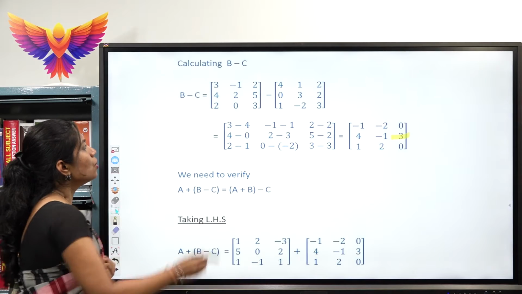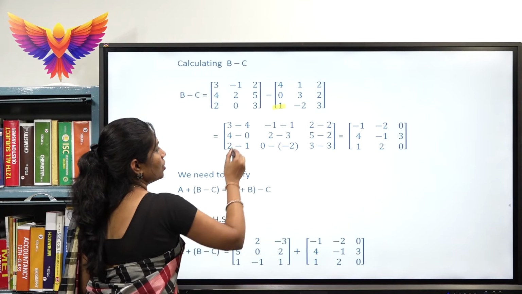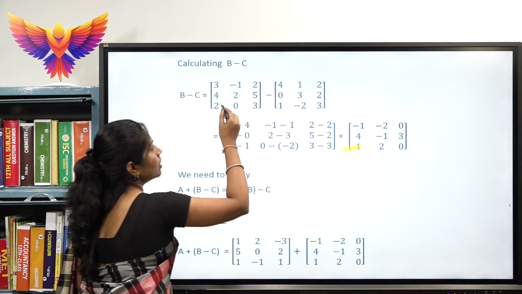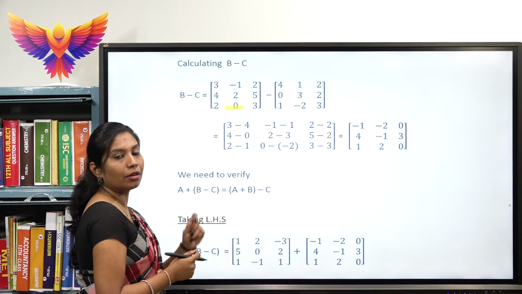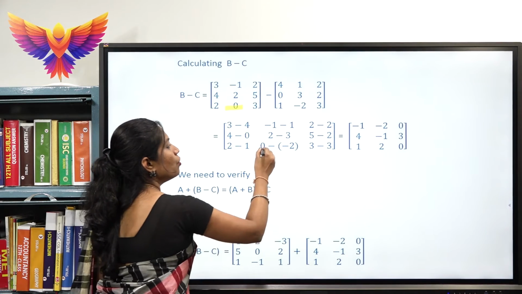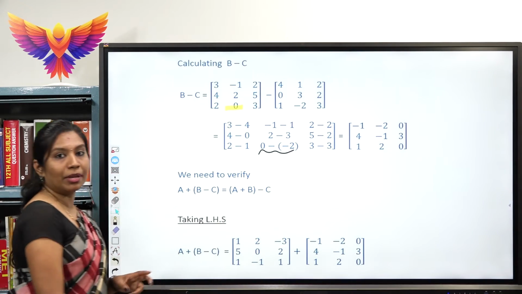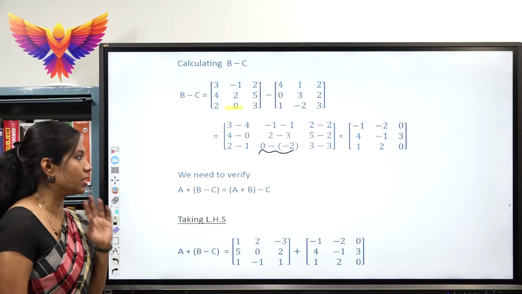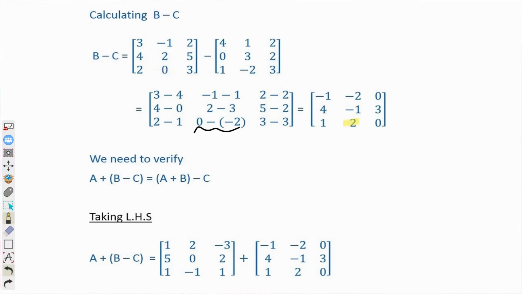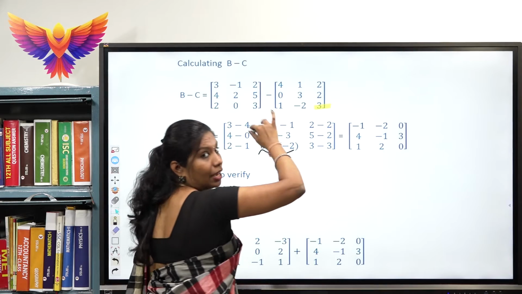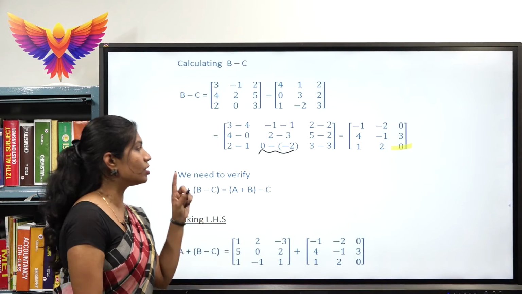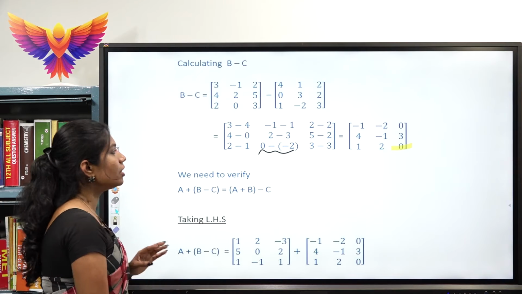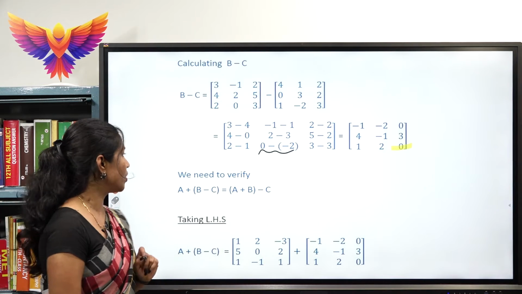Similar way 2 minus 1 which is 1 and 0 minus of minus 2 it is. When you have a negative term, please be careful there. It is 2 minus of minus 2. I will be getting it as minus of minus which will be plus. So, which will give me the positive 2, then 3 minus 3 which is equal to 0. We are subtracting here. So, it is 3 minus 3. 3 minus 3 is equal to 0.